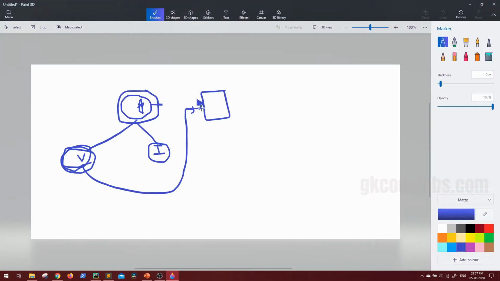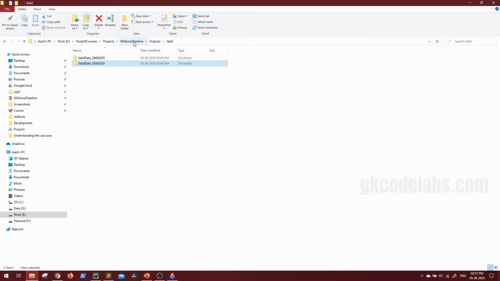Now let's see how we are going to calculate the product sale amount. For this, we need the reference file from business. That is a product reference. So let's read this file first and see what we have in that. We will get all these reference files also as a part of the project content.